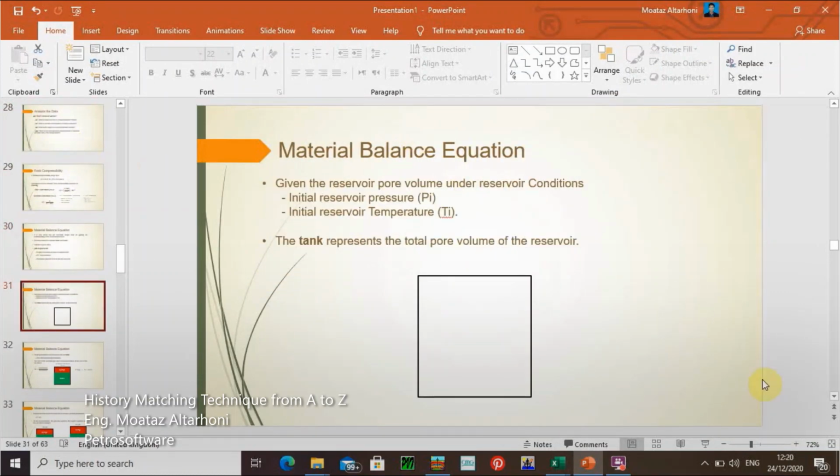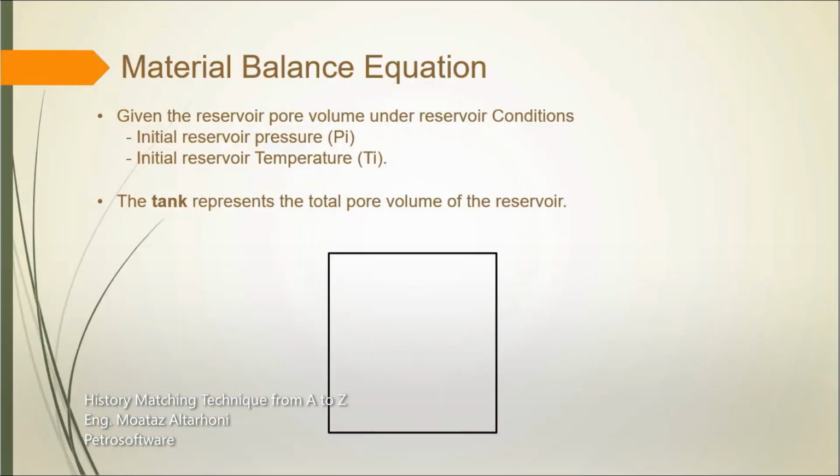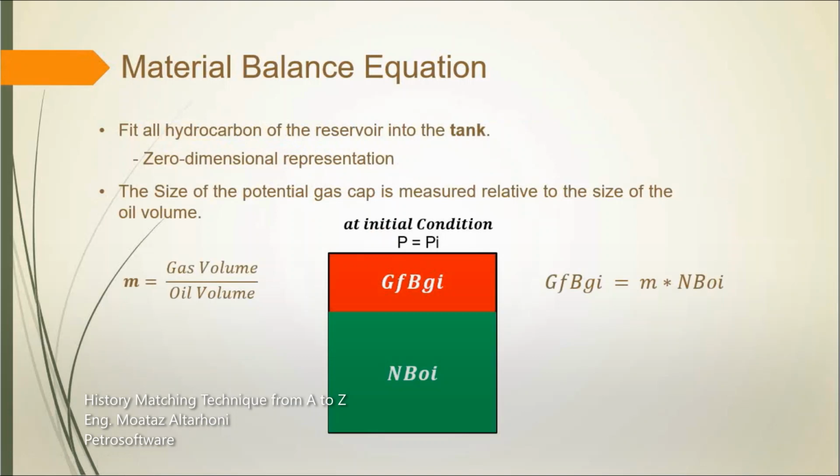We can see here the material balance assumes our reservoir is a constant tank pressure, so all the fluids will come into this tank. So at the initial condition, if our reservoir has a gas cap, this is the total volume of the reservoir, including both oil and gas. This is the volume of gas, and this is the volume of oil. The ratio between these two volumes is equal to M,